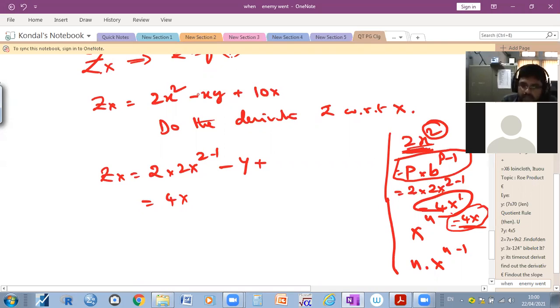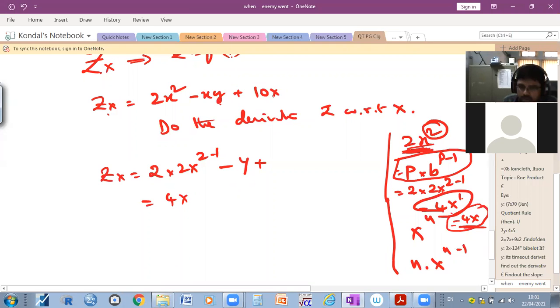Then there is x and y. So here the power value is nothing but 1. So therefore, simple, we can remember, when there is x comma y and we are dealing with z with respect to x, we can take y. Simple, 1 into y only. So we can take y.